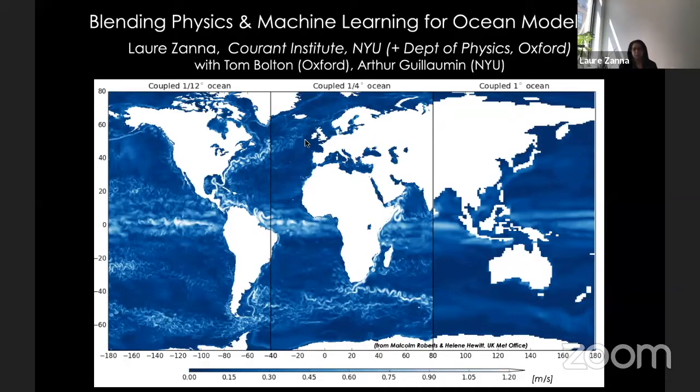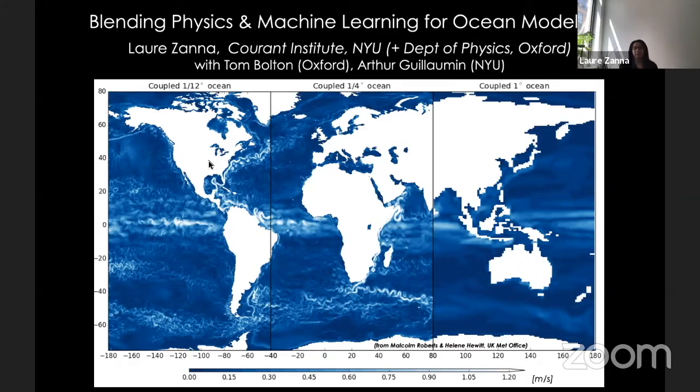So you can see more turbulent features, more filaments. It gets a lot messier. So there is more physics being included as I increase the resolution. If you increase the resolution even further to 1/12 of a degree, about 8 to 10 kilometers, now you can see sharp jets like the Gulf Stream detaching from the US East Coast, a lot more turbulence, a lot more physics being resolved. And it's not just that the picture looks prettier, it's that we are more truthful to the physics that is encapsulated within the governing equations of our climate system.